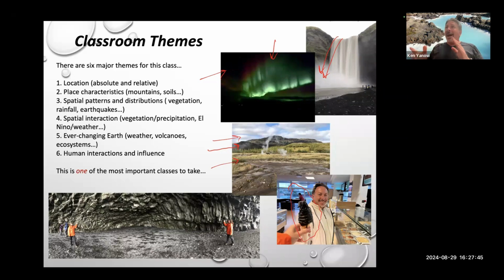We're not just looking at places. That's old school geography. That's not what this class is. We do have map quizzes, which I'll talk about in just a second. But learning places is only important for us because if I say Iceland, I need you to know where it's located. Because where it's located says everything about why Iceland is the way it is. So we do map quizzes so that we know those things. We want to know where rivers are and mountains and things like that. It's a physical geography class.